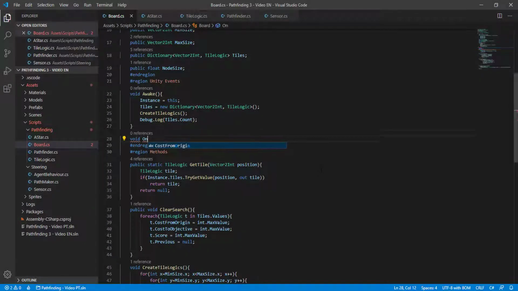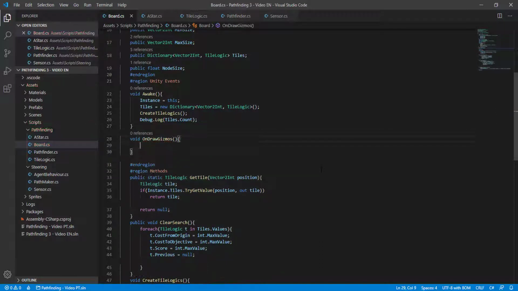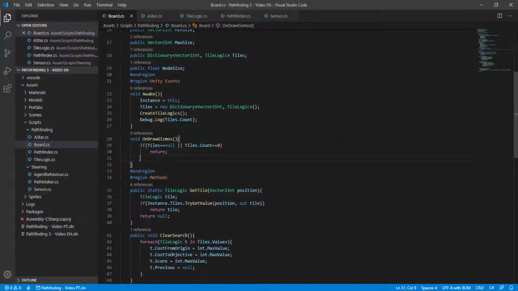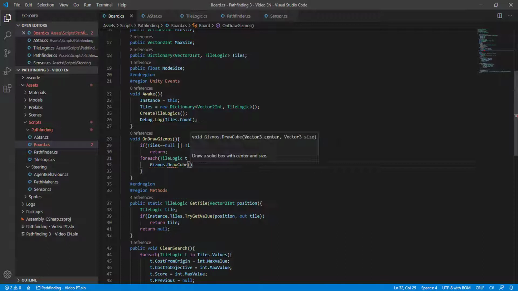So we are making an OnDrawGizmos here. This is a Unity event. You just need to make some checks here. If tiles equal null or tiles count equals 0, then you jump out of the method. Otherwise, we make a foreach tile t in tiles values, Gizmos.DrawCube with t world position as the